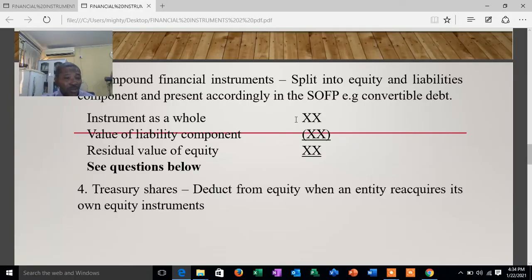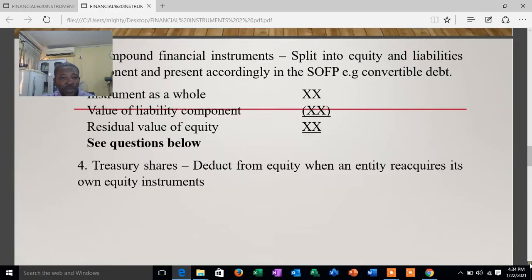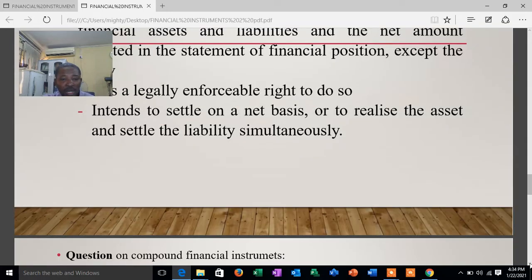That's why we're given those figures, those rates there. And then you determine the value of the liability component of it, and then you have the balance as your equity. So coming to that question,